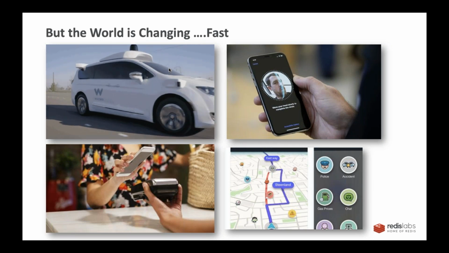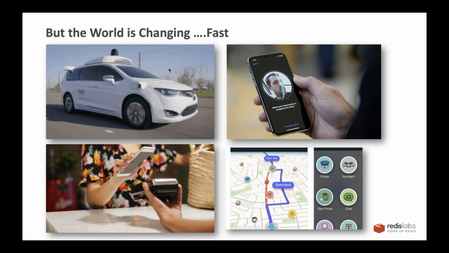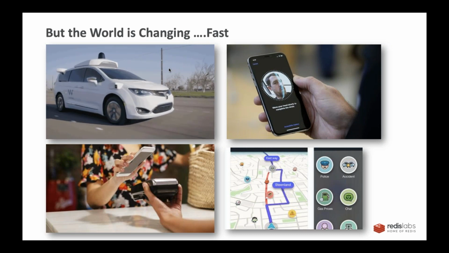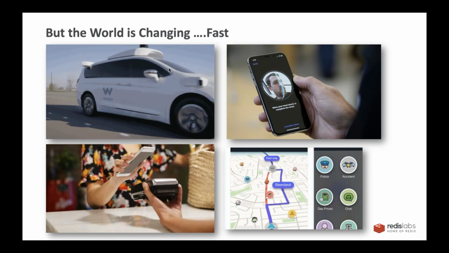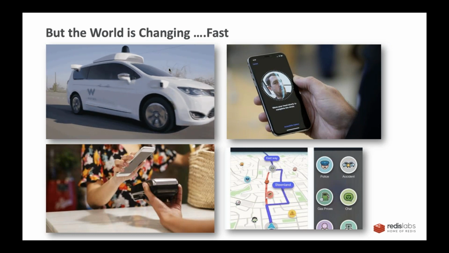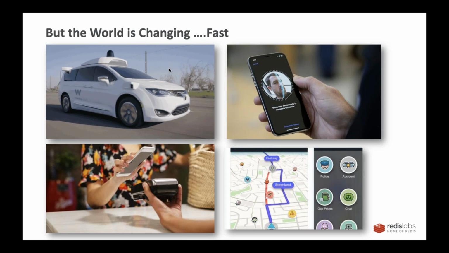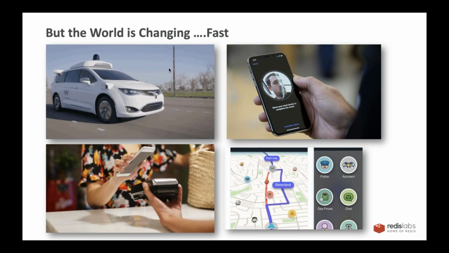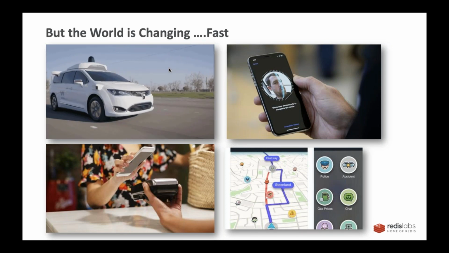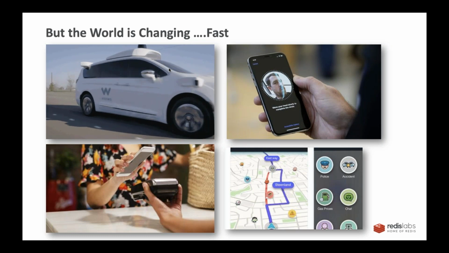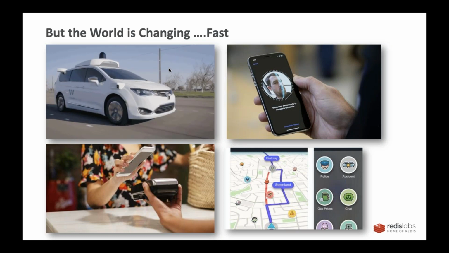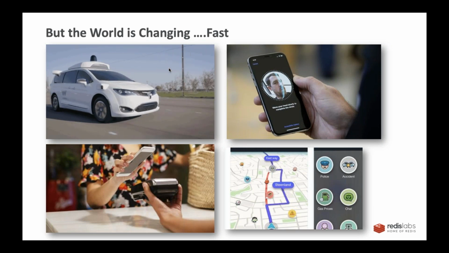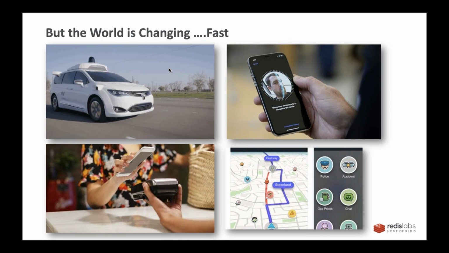And then on the bottom right, we have the situation of a navigation app that has knowledge of all sorts of things. It has knowledge of maybe speed camera traps. It might have knowledge of traffic conditions. It might have knowledge of all sorts of other factors as well. And to navigate this and be able to effectively go around the whole system, you really have to have some sort of intelligence there. You can only get so far with algorithms,